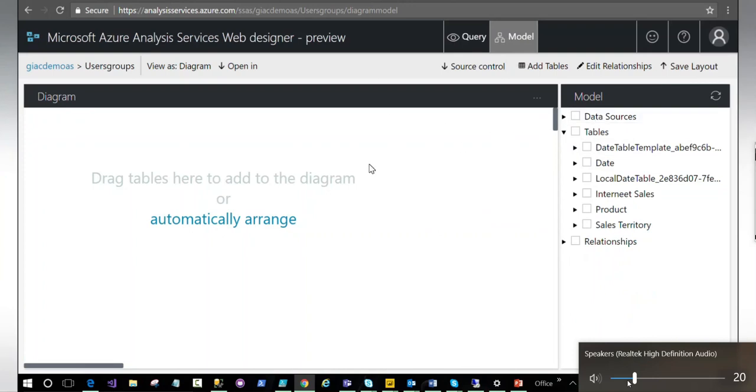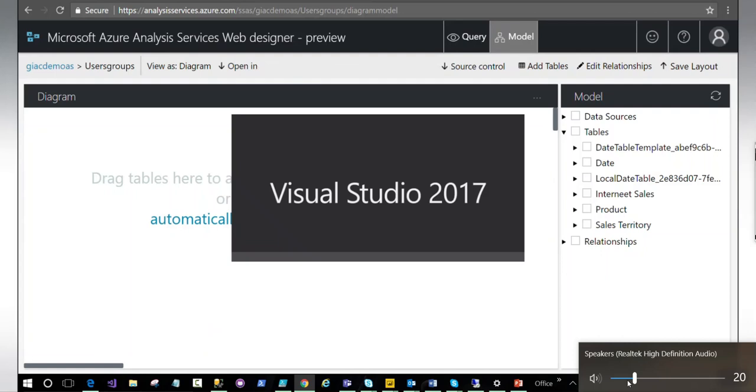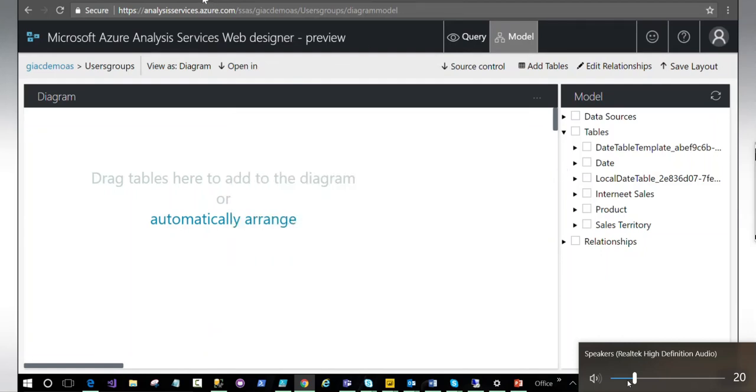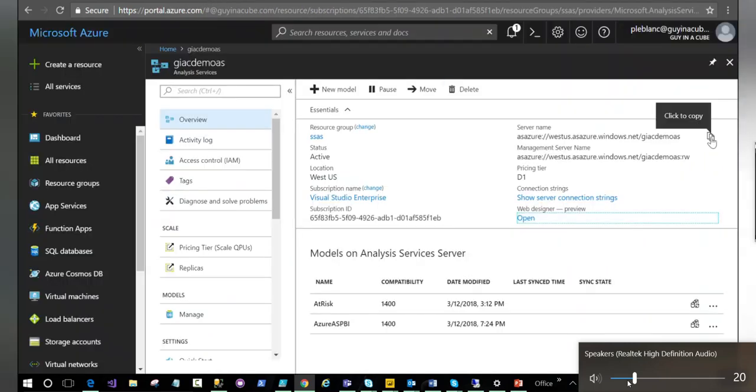I'm going to be honest with you guys, I don't use the Web Designer very much. The only way to modify this, if I made changes in the desktop, is that I literally have to delete the model and re-upload the model. Again, not very efficient for me. So I told her, look, you've got to use Visual Studio just a little bit. So all you need to do is go here, grab the